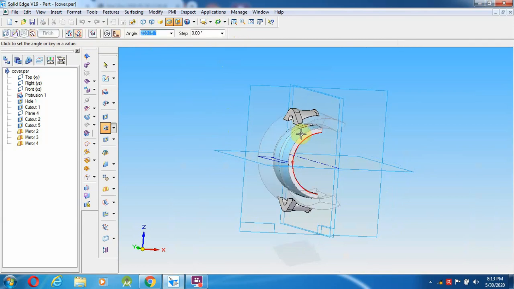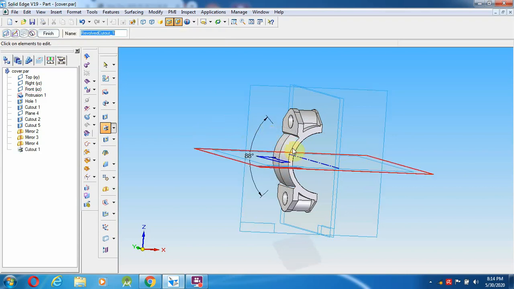What is the angle? 87.7 degrees it has to be cut.